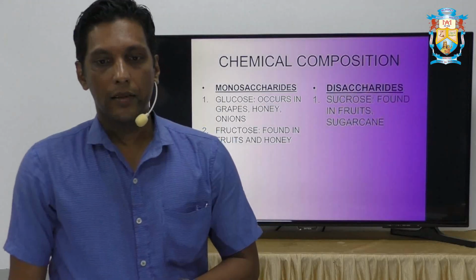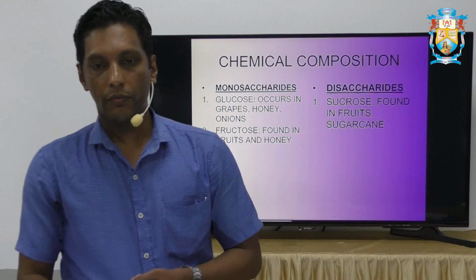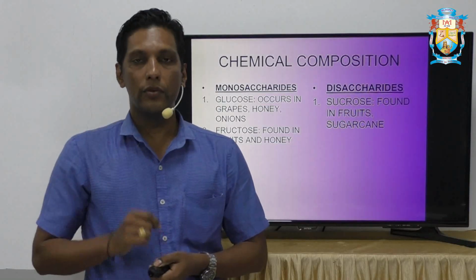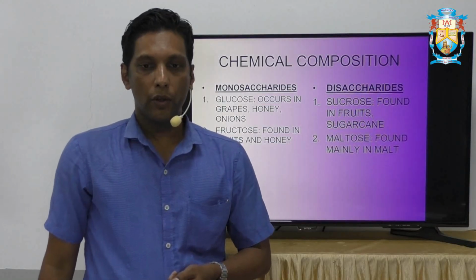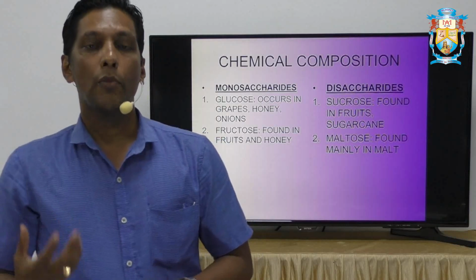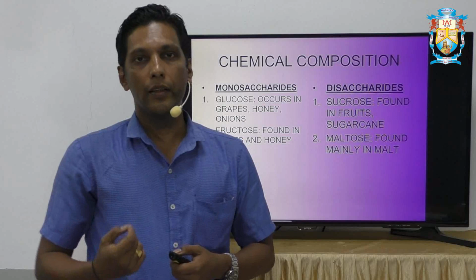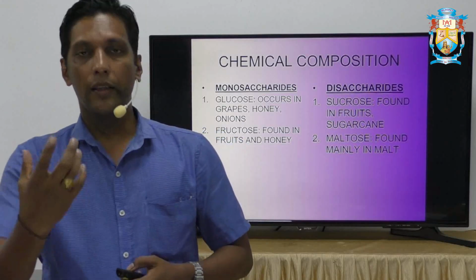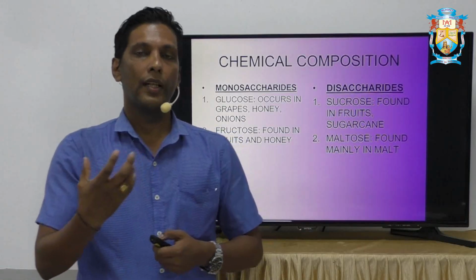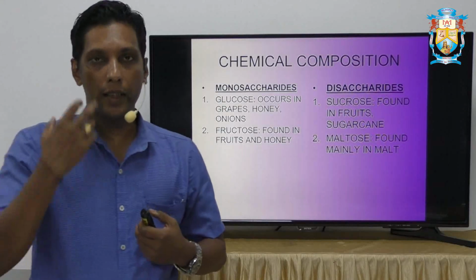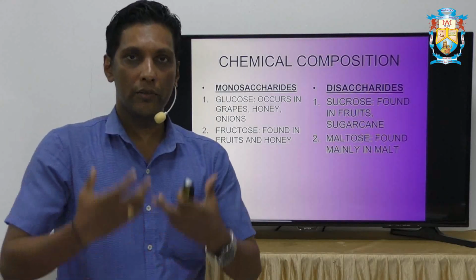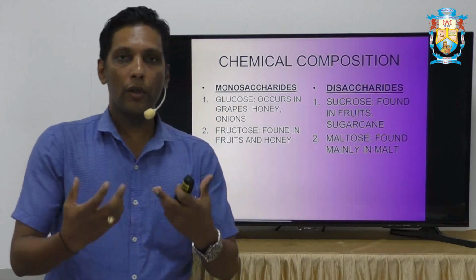The disaccharides, the main composition is sucrose, found in fruits or sugar. Maltose, mostly found in malts. Malt is obtained from cereals like wheat, rice, barley. Like when we prepare drinks like beer. Beer is made from fermented malt. Malt is nothing but